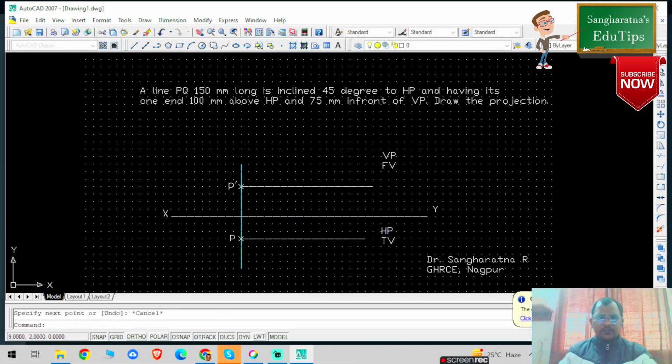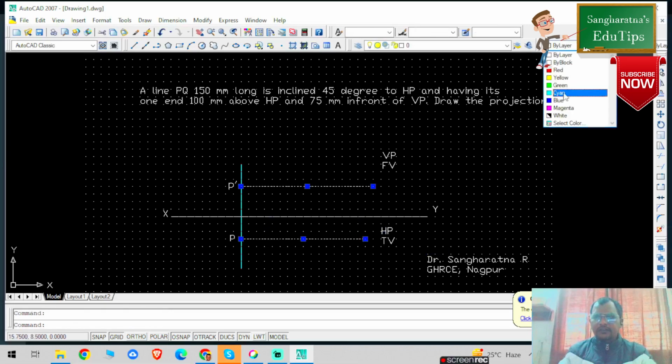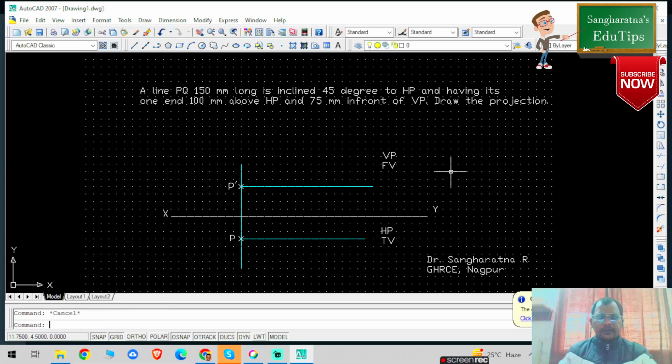So these are the two projection lines I have drawn. Immediately you convert that projection line into cyan color. Escape. So this particular line PQ, the length of the line PQ is given, which is 150 mm long, is inclined 45 degree to HP. Inclination to HP means its true view will be in the front view, that is in the VP. So from this particular point I will draw